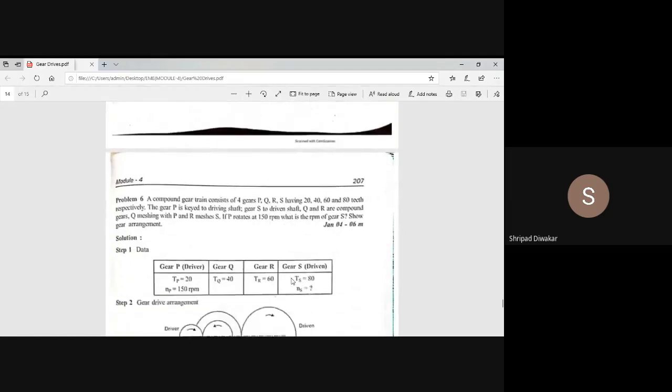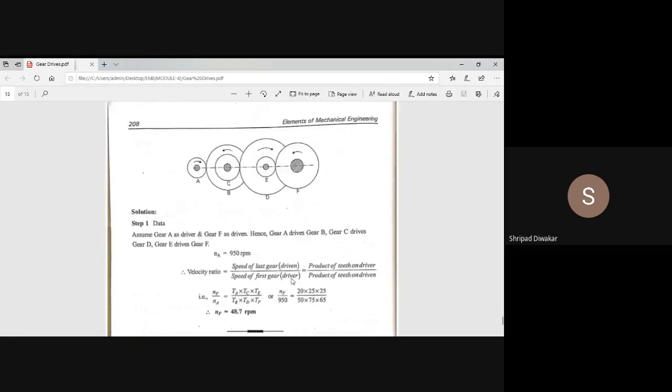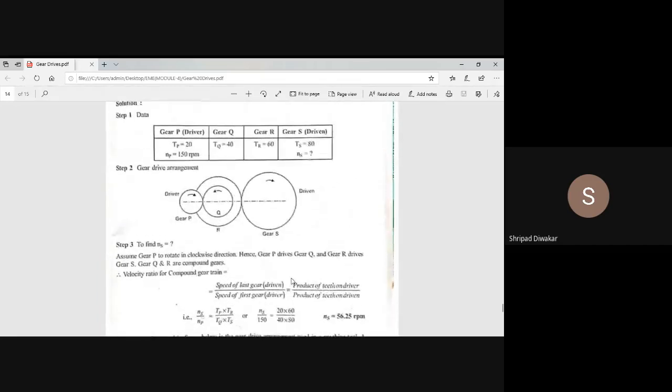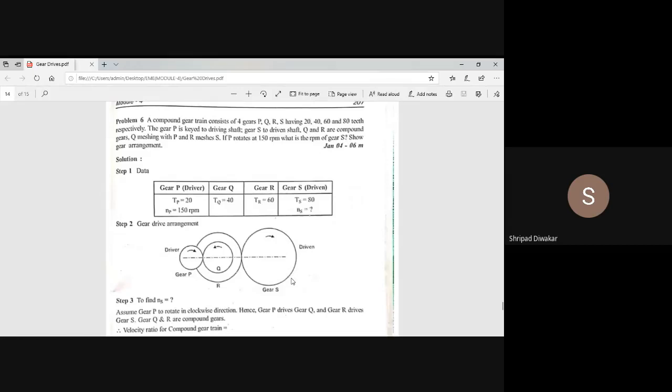Next, compound gear train, another example. Now I'm discussing problem number 6. This is once again a compound gear train. Problem number 6. A compound gear train consisting of 4 gears P, Q, R, S having 20 teeth, 40